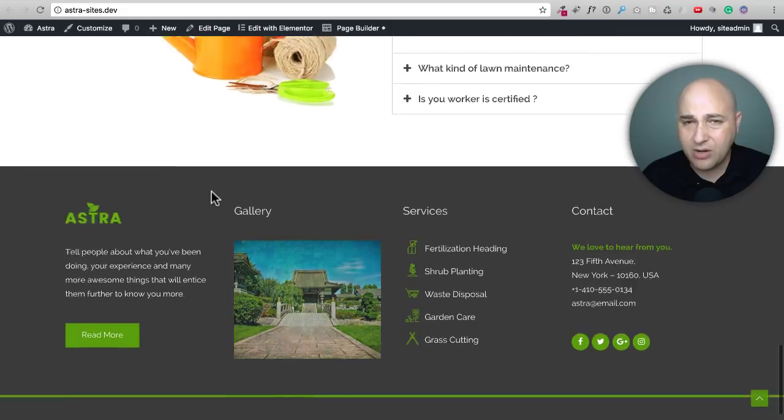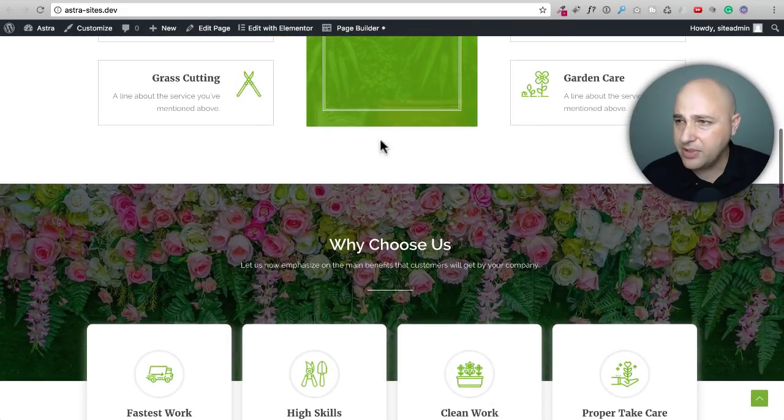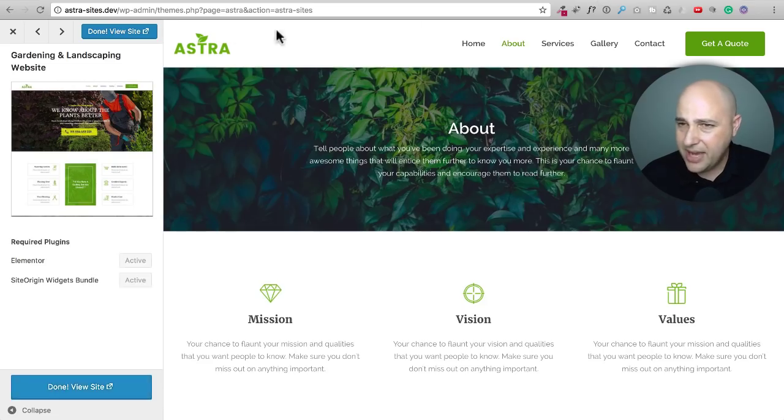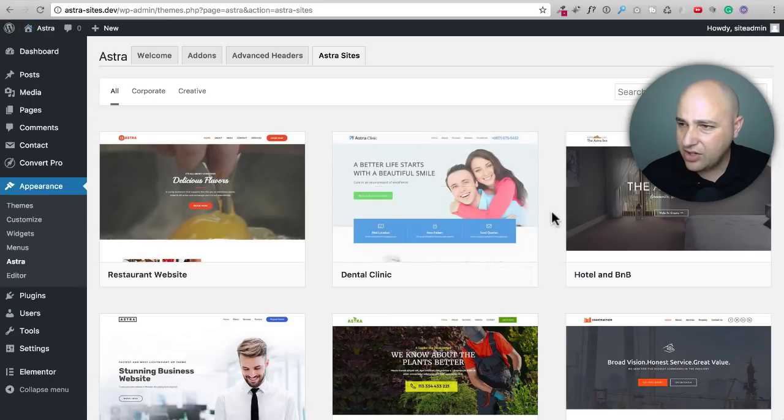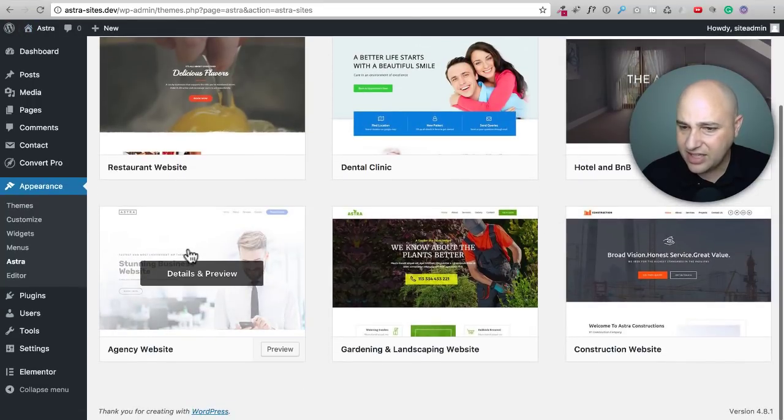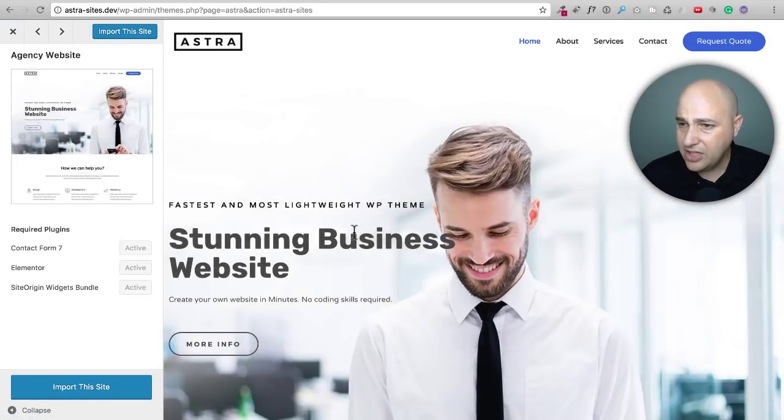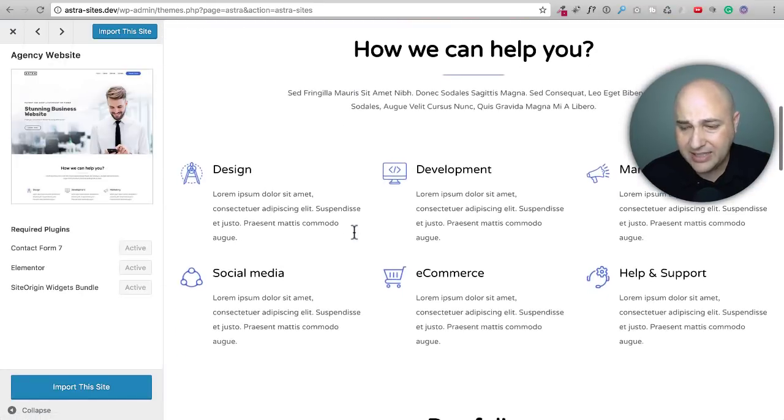But keep in mind, there will be sites for Beaver Builder as well. So I'm going to get back to that in a moment. Let me go ahead and click out of here, and you can see some of these designs. Here is a design for an agency. Let me click on it right here, and you can see it's beautiful,